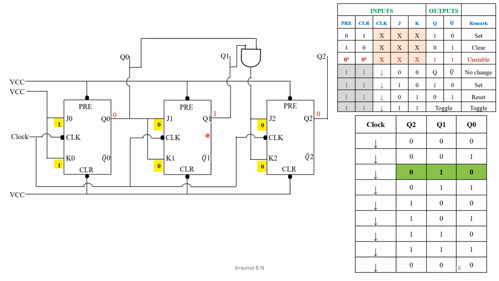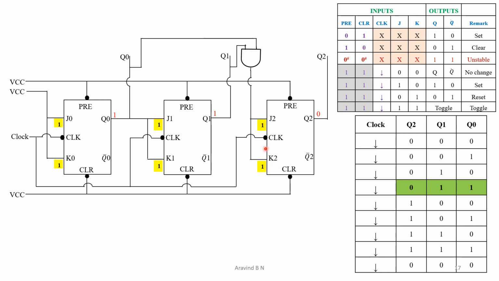So we need to keep track of these two flip-flops, especially because the inputs for these will keep changing at each instant. Similarly, we are going to have updates with respect to all these counting operations. I will just show you all those operations so you can track it. After 0 1 0, when we apply the clock pulse, it will go to 0 1 1. So output here is 0 1 1, and correspondingly the J1 K1 values are updating.